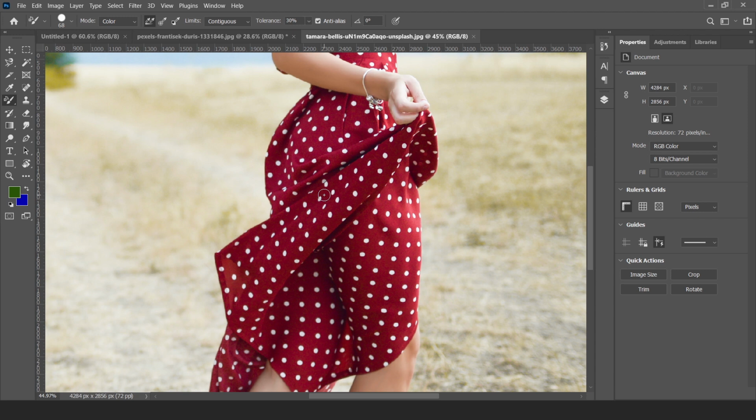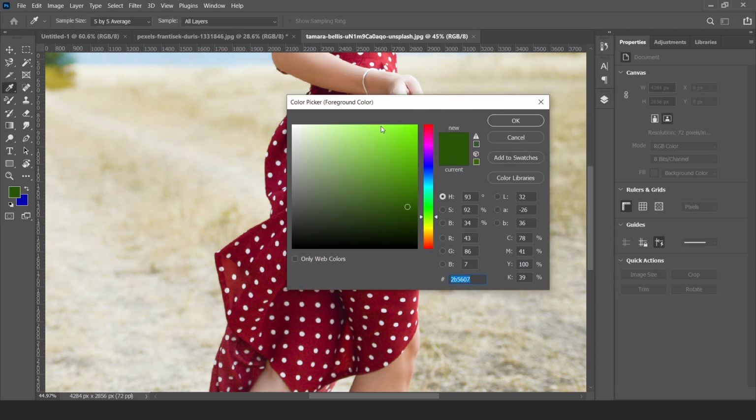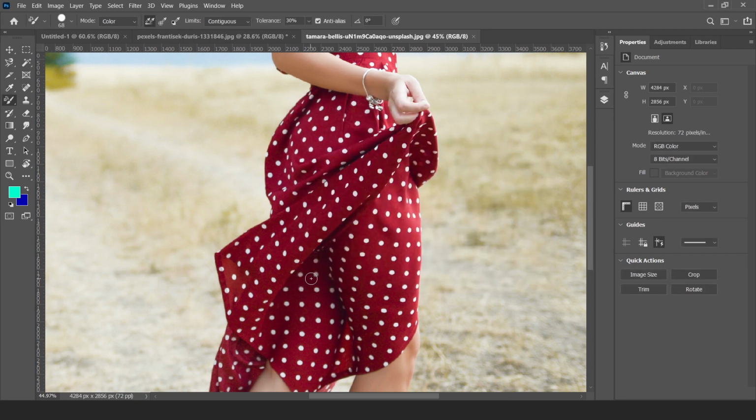Now just select the color which you want to change red into. We will change into some blue or sea green. Okay, now just paint over the red area.